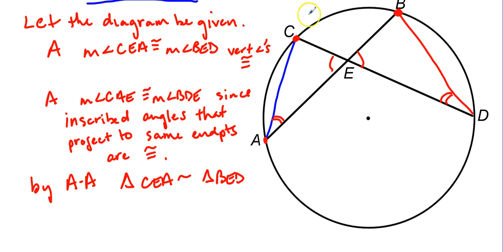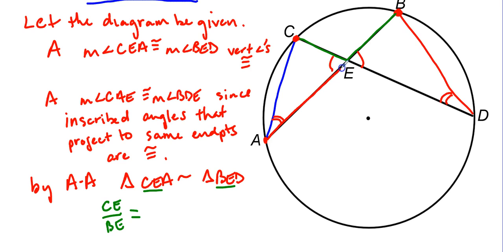All right, so if you think back to what we were doing, what we wanted to do was find some way to relate the segments of these particular chords. And so we started off with this scenario. We have these two chords, and it's CE. If I'm going to match up CE with its corresponding part, it better be with BE. And because I just proved that these two triangles were similar, what I can do is write the ratios of those. I know that the ratio of CE to its corresponding side, which is BE, is going to be equal to the ratio of any other pair of corresponding sides. Well, since these are the other two corresponding sides in my diagram here,